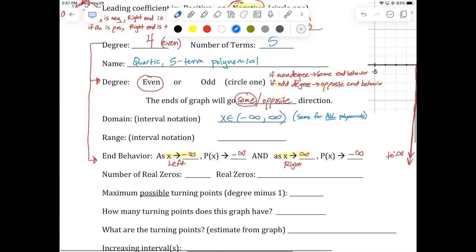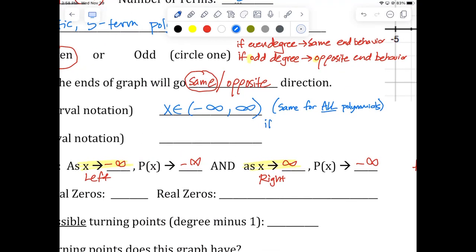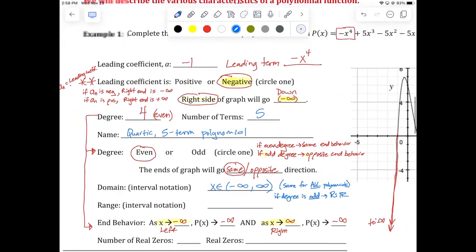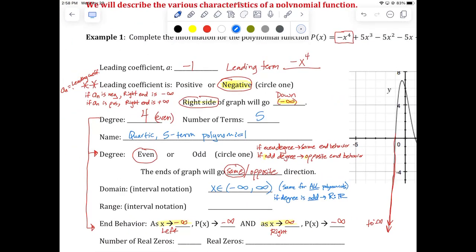Now, the range is not always going to be all real numbers. We saw this with x cubed, that the range was all real numbers. Just like the range for x to the first was all real numbers, we know this. If the degree is odd, then the range is going to be all real numbers. Just like x cubed, just like x. Anytime you have an odd degree polynomial, the range is going to be all real numbers. Is this an odd degree polynomial that we're dealing with here? No, it's an even